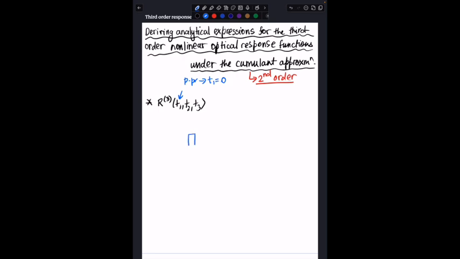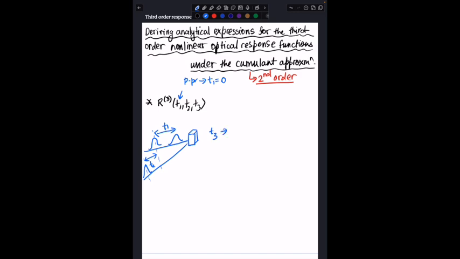So if you consider a cartoon here where you have a cuvette and you have your pump pulses, this is your first pump pulse, this is your second pump pulse, and let's just say this is your probe, right? So this is T1, the delay between your first two pump pulses, and for the cartoon's sake, this is T2, which is the delay between the second pump pulse and the probe pulse, and then the T3